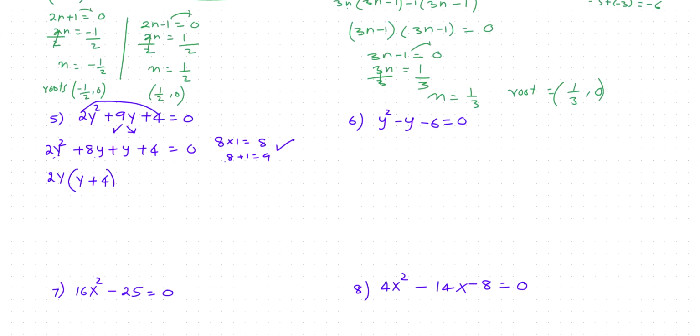Nothing common here, so we write 1. So we get y plus 4 equals to 0. Now we have one common factor, y plus 4, and the other factor will be what we have outside the bracket, 2y plus 1